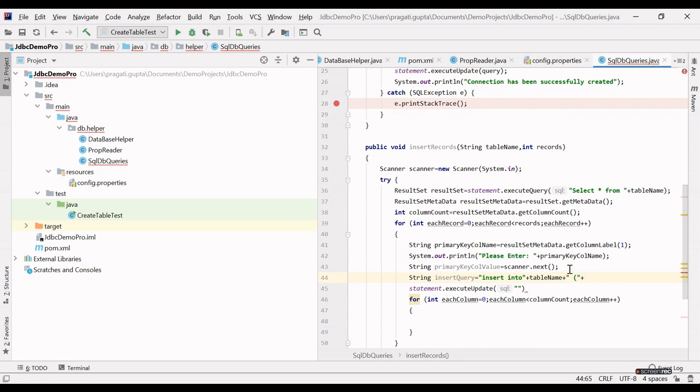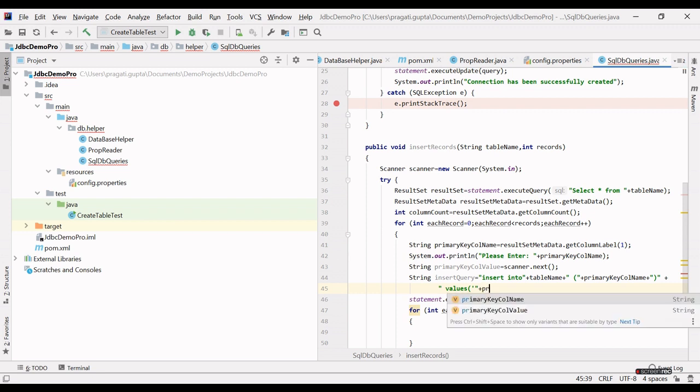Enter the column name here. Column name is primary call name. And values, that is entered by the user.